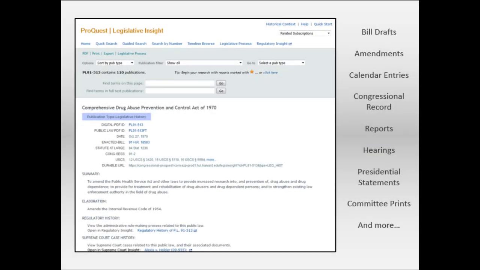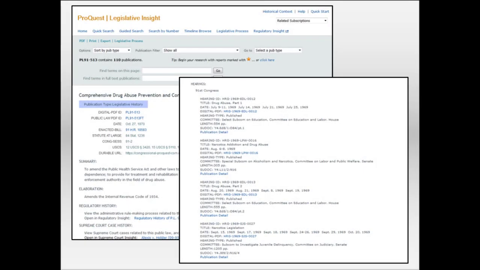Once you've found it, you can access the full text of most documents. Some of the most common documents you'll encounter include bill drafts, amendments, calendar entries, pages from the congressional record, reports, hearings, presidential signing statements, and committee prints. You will also have access to more information on the specific documents, like the title, length, committee, and date, in